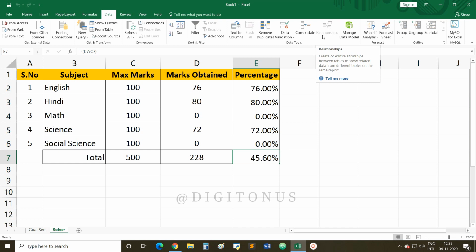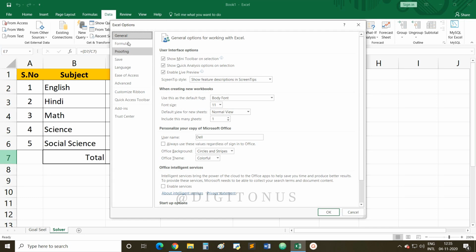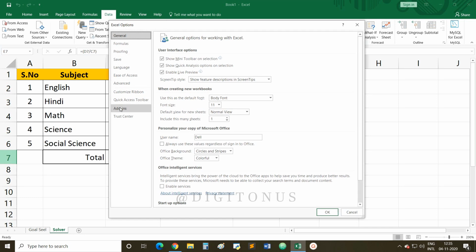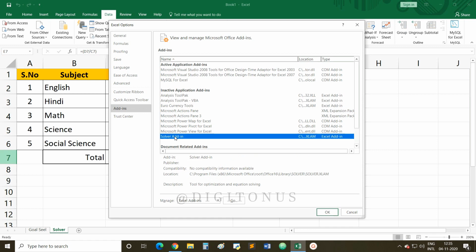Now to add this Solver add-in in your Excel, go to File like I have just explained, then go to Options, the last option. In this, select Add-ins. Now you will find Inactive Application Add-ins. Before that it was under Active Application Add-ins, but right now I have removed it, so it is coming under Inactive Application Add-ins. Select this.